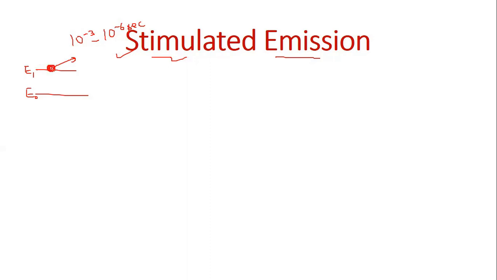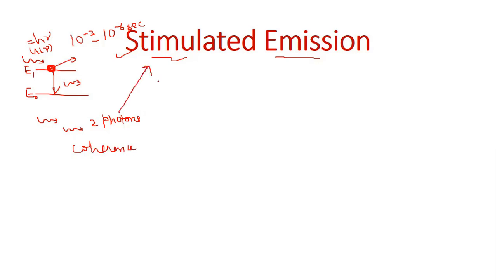This atom is triggered by external photon. We have to incident external photon, and let's suppose its energy is equal to h nu. So this atom then comes back to the ground state with a photon which is having the same direction. So incoming photon and outgoing photon both have the same direction. So now you have two photons in the system and both are in the same direction. Okay, they have same amplitude, same energy, same wavelength. So that is known as coherence. Okay, and that emission process is known as stimulated emission.